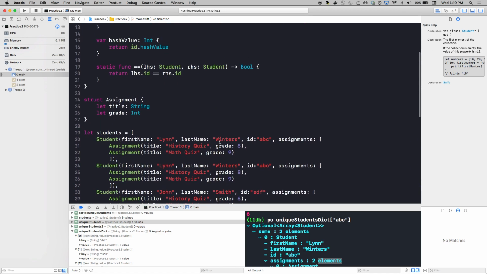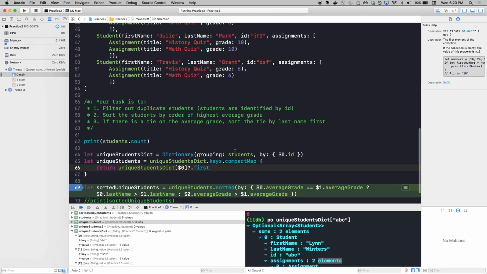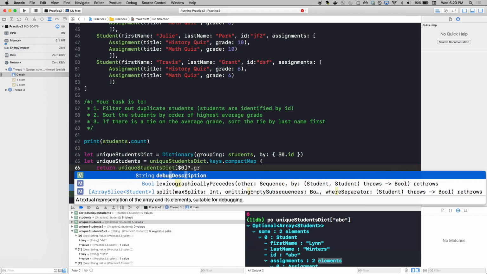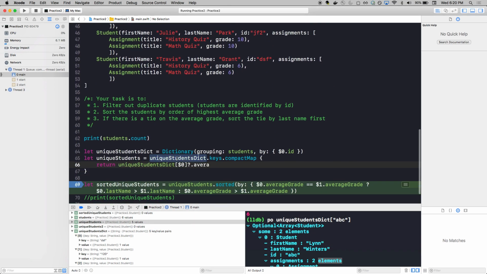That's when you would have a duplicate entry, particularly, for instance, here. And so let's say I wanted to be nice and only take the one that has the highest grade. So in this condition right here, instead of taking the first one, what I could do is grade dot average. So this should be an array of students. And so what I would want to do is,